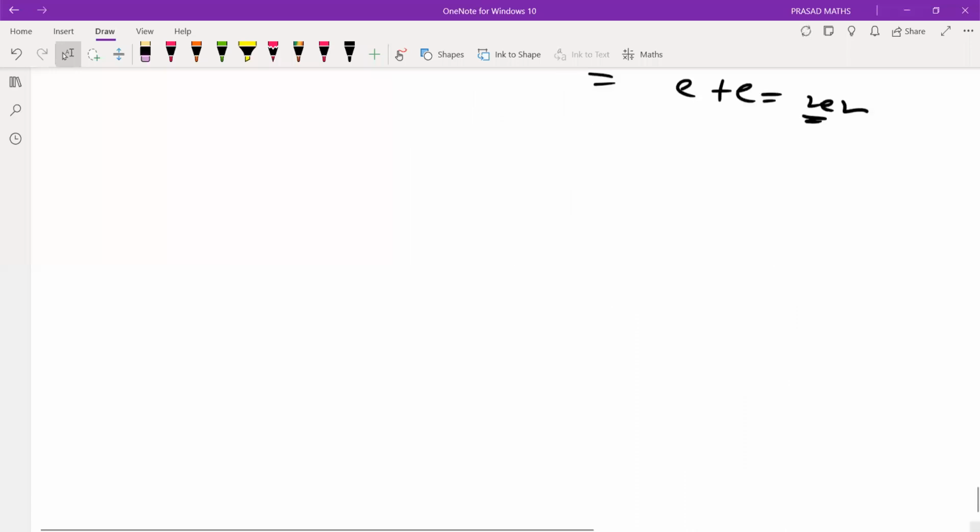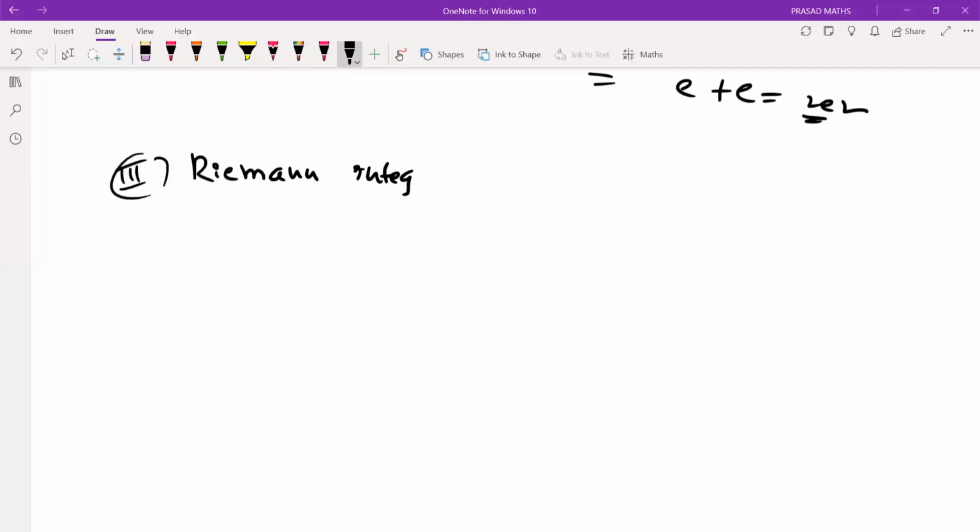Suppose Riemann method. Riemann integration. Basic of Riemann definite integration, you know how it is defined. So definite integration can be thought of as the limit of a finite sum. So Riemann integration, definite integration. In fact, definite integration can be thought of,